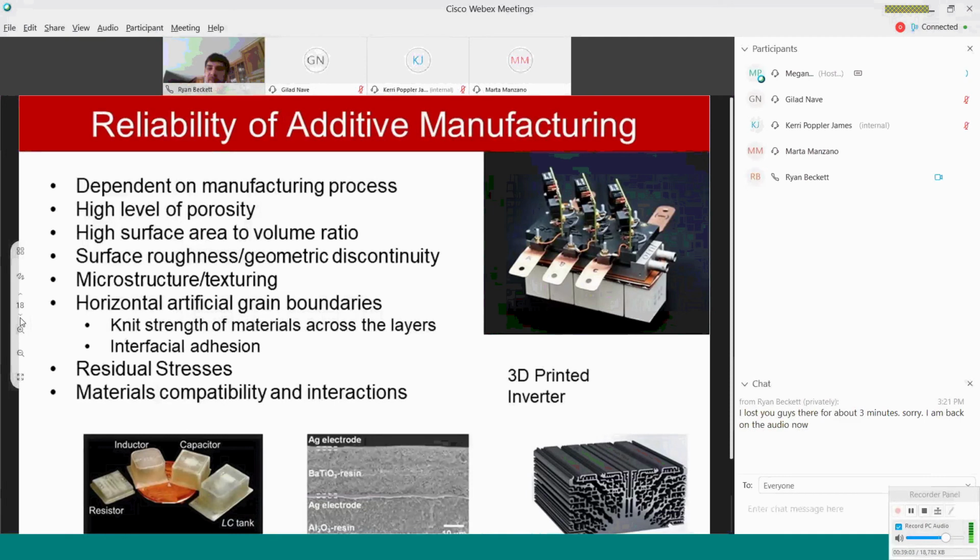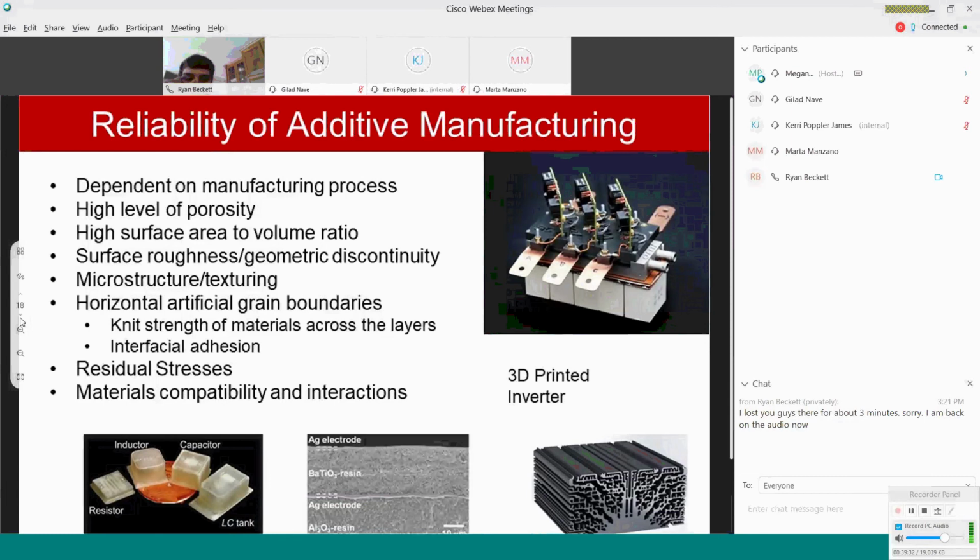You also have the possibility of having artificial microstructures. So perhaps your material is stretched out because you're doing it as a line when you print it, okay? Whereas if you were to pour it out, it would be more circular or more equal in properties in all directions. If you do it in one long line, you may stretch the boundaries out in that line. So a lot of differences in the way that the system works.